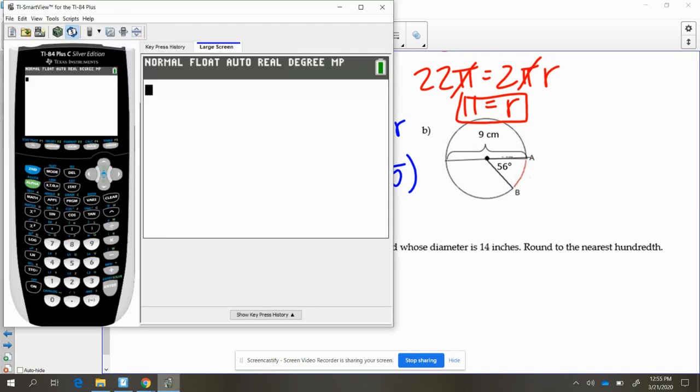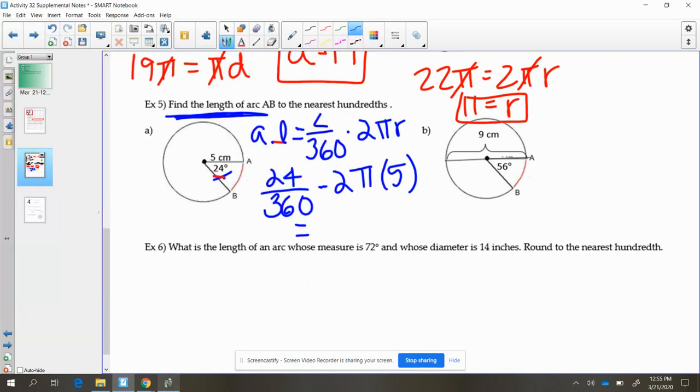So we're going to type that into our calculator. 24 divided by 360 times 2 times pi. Make sure you use the pi button to get the most accurate answer. And then times that radius. It's approximately 2.09 if you round to the nearest hundredths, like they're telling us to in the given information. Now, reminder, arc length, like circumference, is not units squared, it's just units because it's at